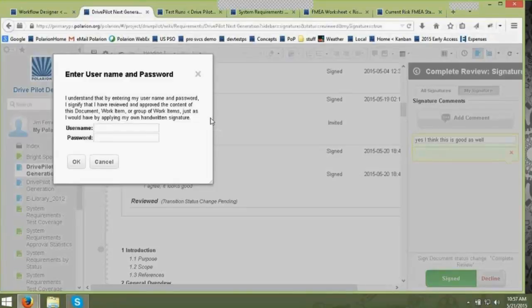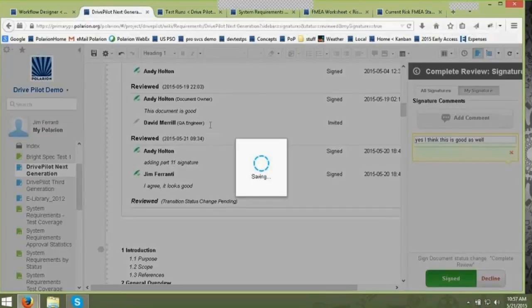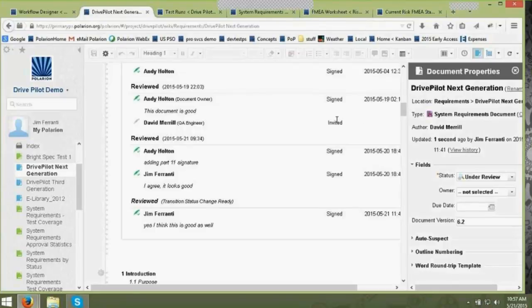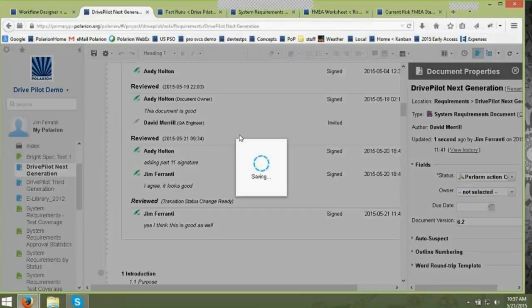This was implemented in our system several years ago, based around the idea that the FDA, for example, needs electronic signatures. There are several agencies that want electronic signatures now. So if you put in the wrong signature, it won't let you go forward. I will go ahead and put in the correct one. I can spell my name here and say OK. This is going to now let me complete that movement. We'll go back here to the document properties, and you can see that we are now under review. We can complete review, save the document, and that step in the process is completed.